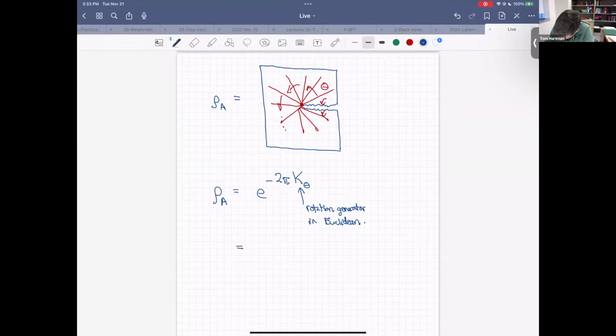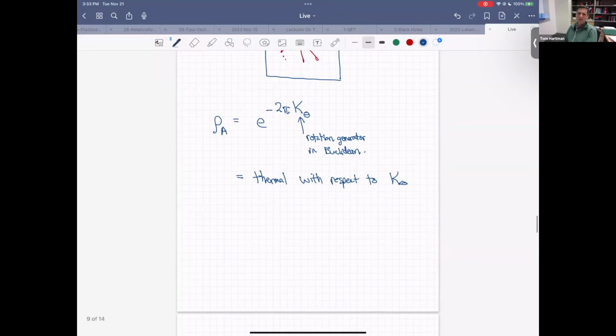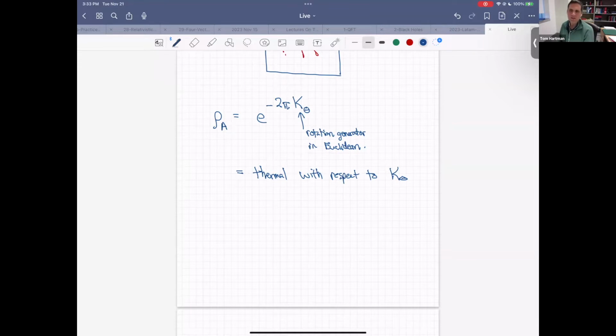But this is simply the thermal state with respect to K theta. This might sound a little strange, but this is actually a very natural thing in Lorentzian signature. So these path integrals are all being done in Euclidean signature. But when we go back to Lorentzian signature, the Wick rotation that takes us from the Euclidean plane to Minkowski space is theta goes to i t,